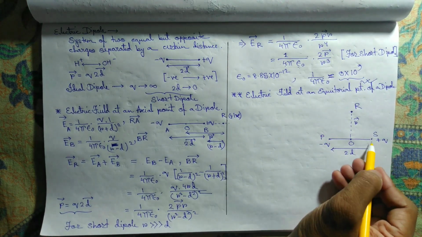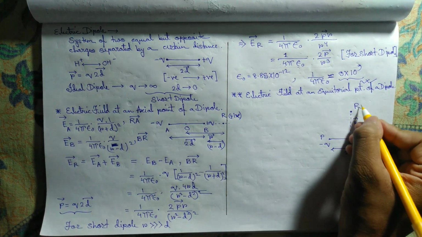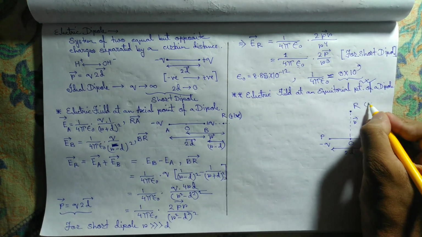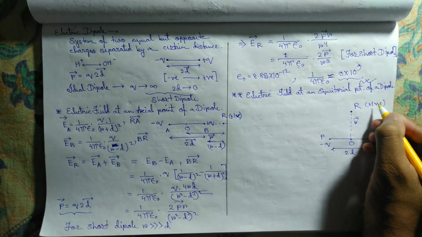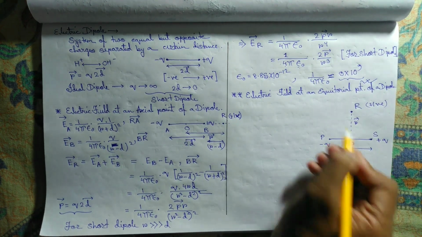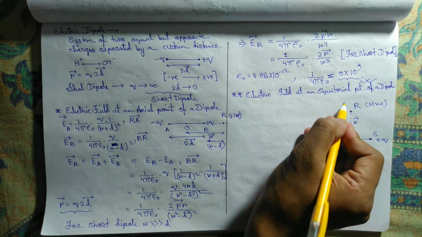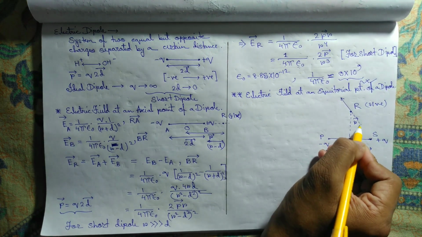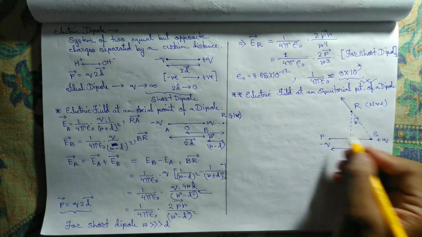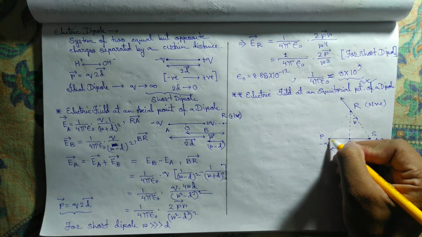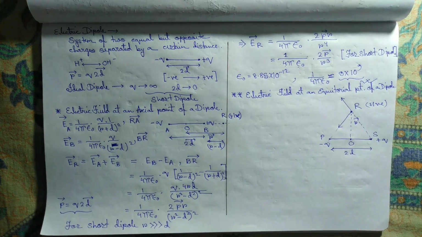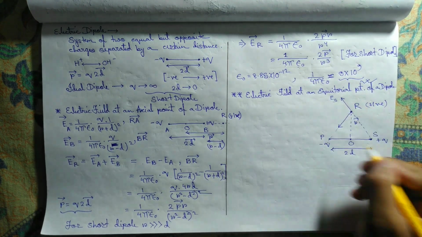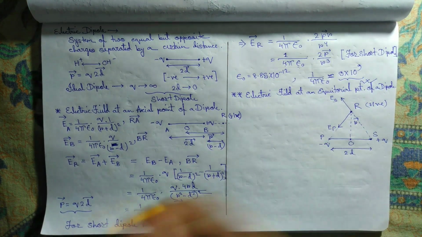So look at that. This is the positive charge, and to find the electric field we consider a small positive test charge, a vanishingly small test charge, or 1 coulomb charge, say, right? This plus q charge will try to repel that charge, and the electric field will be along this direction, and this minus q charge will try to attract that, right? So this will be E_S and this will be E_P.